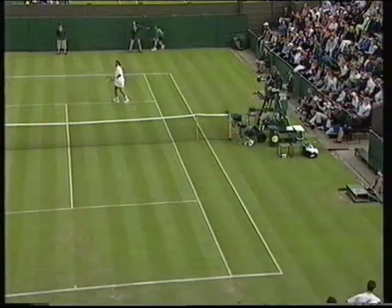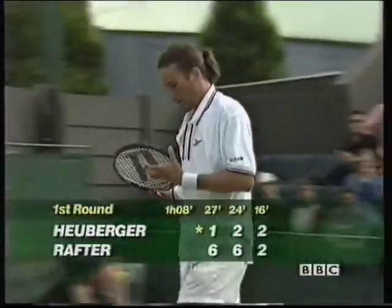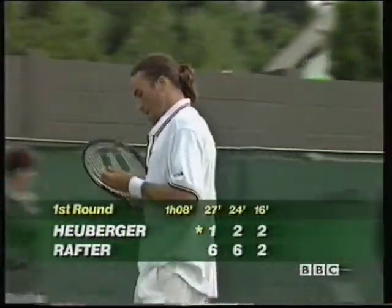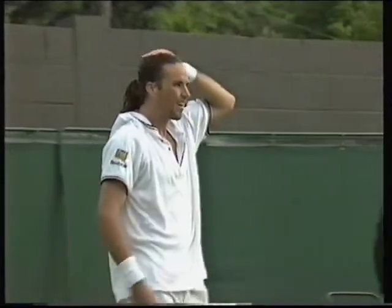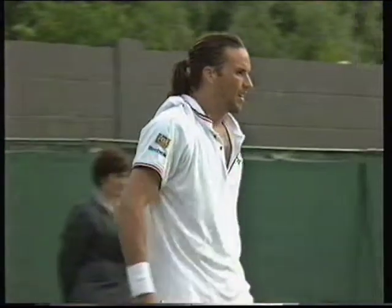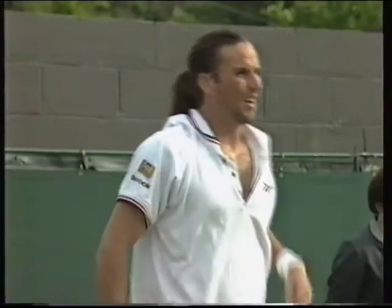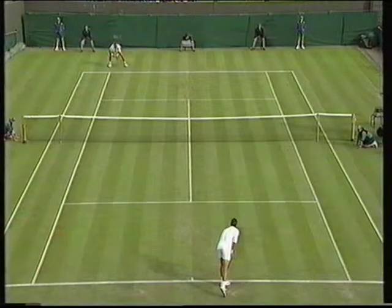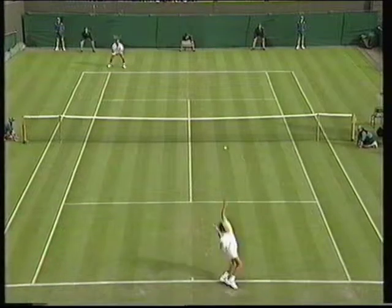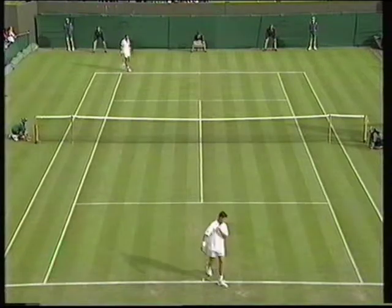Game Rafter. Two games all. Yeah, and a very solid game on the Rafter serve, a combination of serve and volley. Not overpowering in the serve department. A high percentage of first serves in at 76%. He's winning 79% of the time when the first serve goes in. And amazingly 69% when the second ball hits the